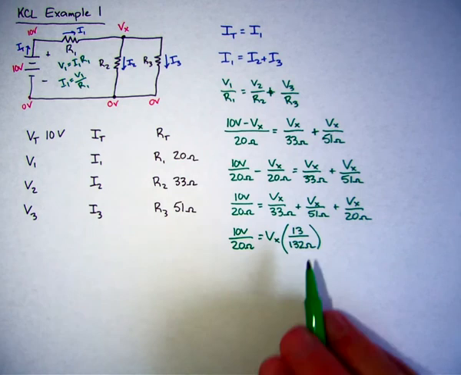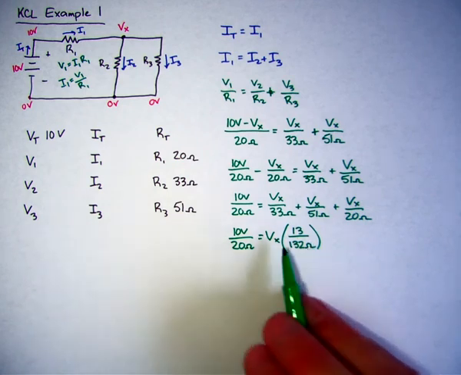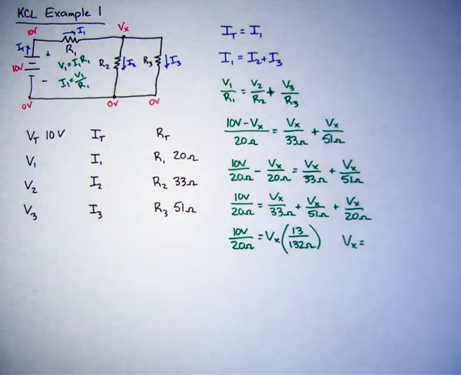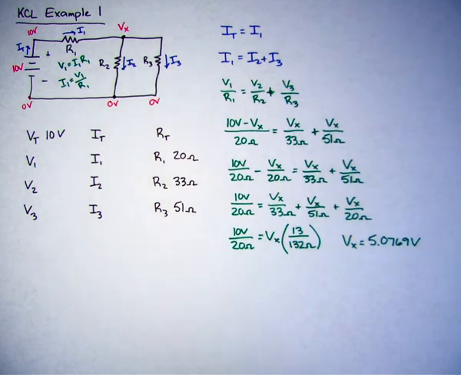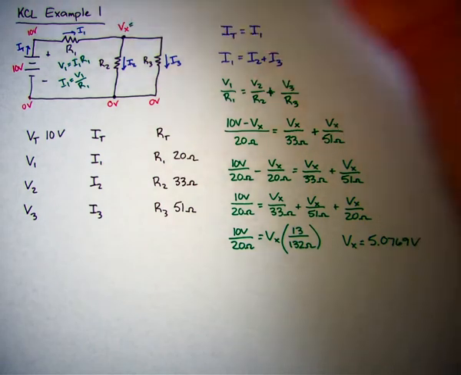Now if I divide both sides by this 13 over 132, the ohms are going to cancel out, and we're left with just our voltage, Vx. So if I do that, I'm just going to round to 4 decimal places. I get 5.0769 volts. I would try not to round, because rounding is really important here. If you don't round, you're going to get a much better result. What we know, though, at this point, if I just keep this rounded, just so I don't write all of the decimal places in this example, is that the voltage at this spot is